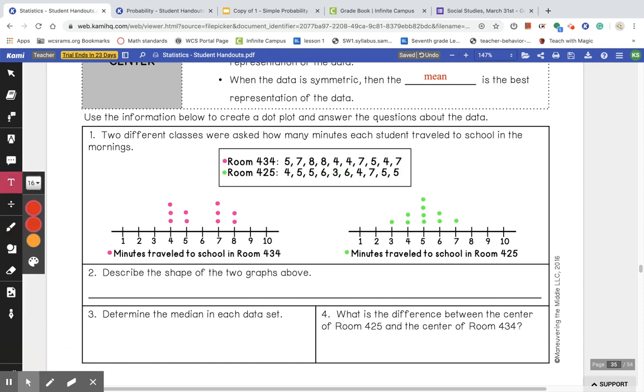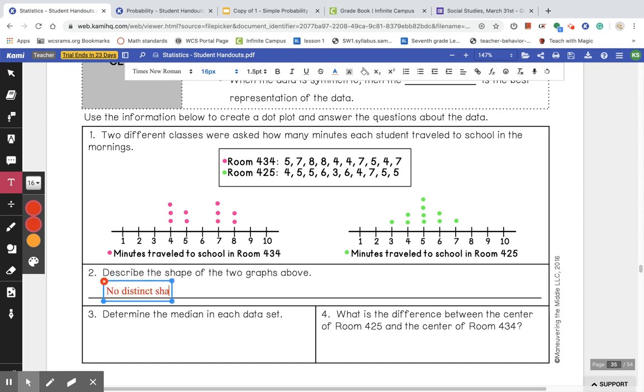All right, so describe the shape of the two graphs above. So we have this shape right here. If we were going to cut it in half, it's not exactly the same on each side. It is, but it's not symmetric, and it's not really skewed to the left or to the right. So I'd put no distinct shape